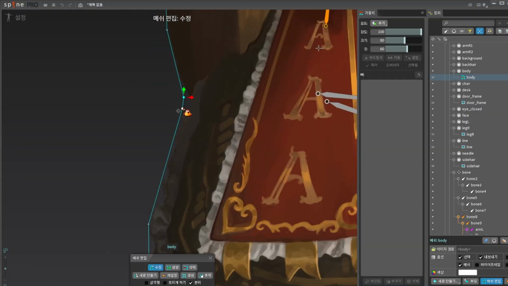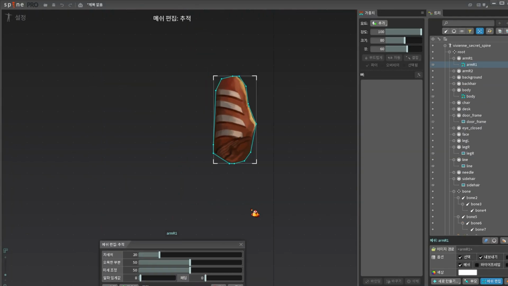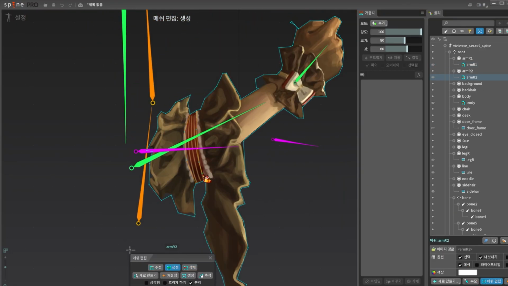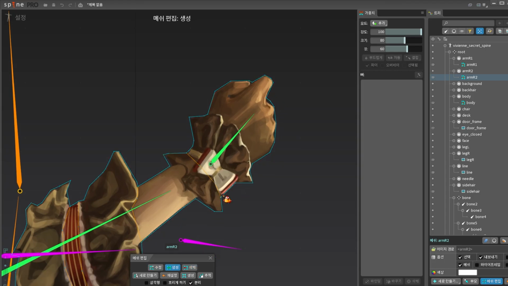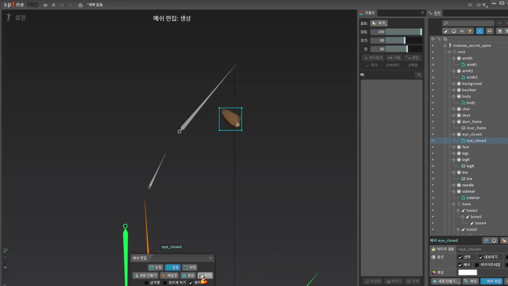Changing bones color is very important to me. I easily get confused by bones, so I'm always trying to change all the bones color. And I'm always trying to give them opposite color. For example, red for the right and blue for the left, or purple for the right and yellow for the